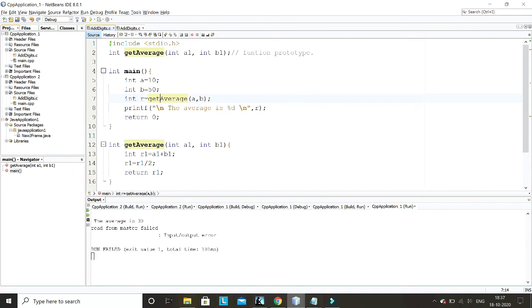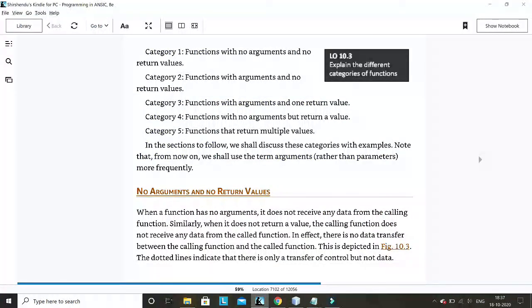So in this case, if you want to collect the time of a laptop, you don't need to pass anything from here to here. You'll just write get time, and this function will collect the time of the machine, and then it will convert it to the required format, and then that final result will be returned from here to here. So in this case, it falls in this category: function with no argument but it is returning a value.